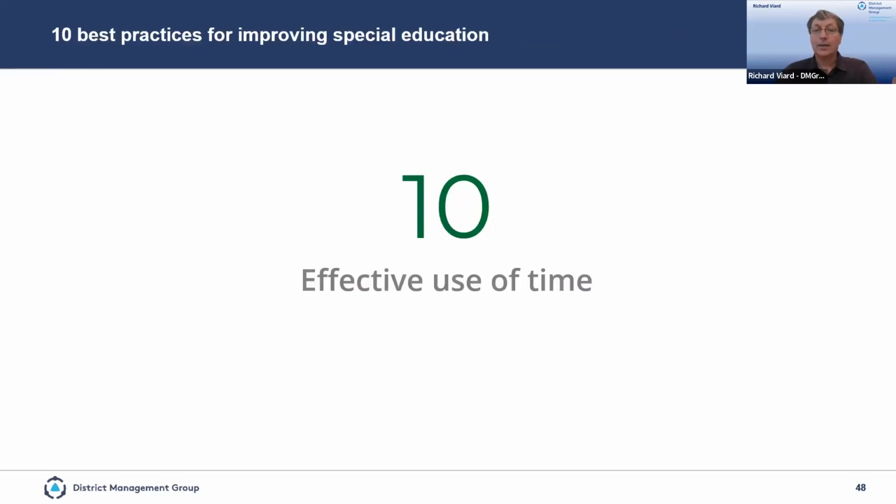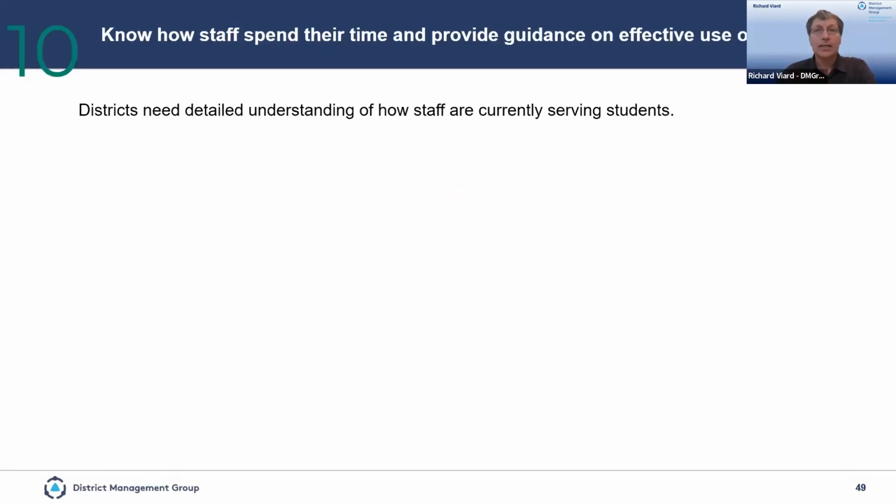And then talking about effective use of time. So we've already looked at a couple of these studies where we looked at staff time spent with students. And this is really where we see opportunities to cover more services for students with the staff you have, even though you may think that you need more staff. But if you use the staff you have more effectively, you may actually not need more, and in some cases even need less. So let's look at a couple of great levers for making staff time more efficient.